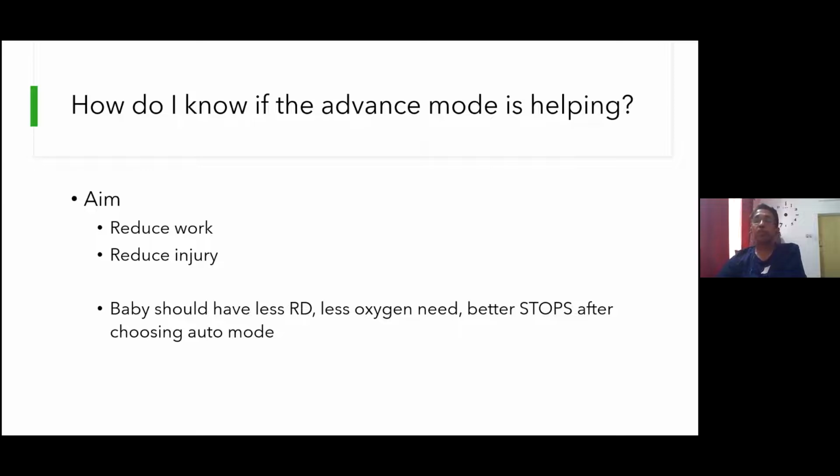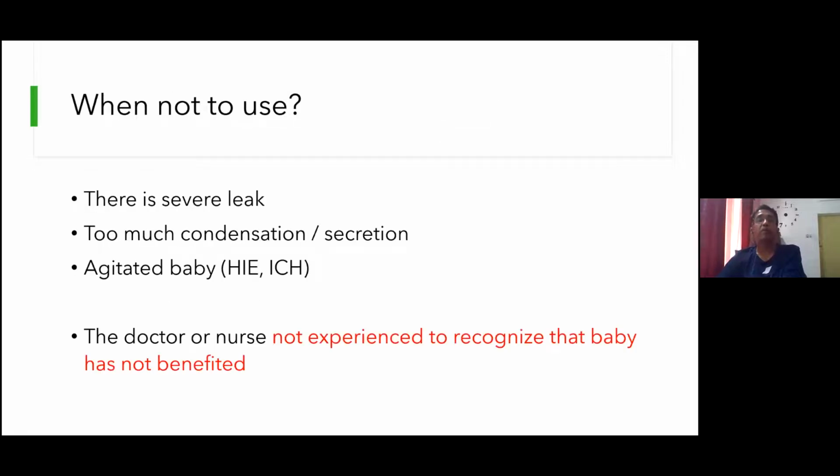But now I'm not switching it on because my worry is that after I go away to the OPD, this young postgraduate may not realize that because of auto cycling or because of leak from the ventilator, the machine is asking for more and more and he keeps dialing more and more. He doesn't realize that it is the faulty measurement that is causing more to be required. So if a ventilator is asking for more after you have switched on, then rather than judging that the baby needs more and increasing the support, you need to possibly go back to basic ventilation and say, look, there is something faulty in the measurement and I am not benefiting, I'm only harming the baby by going to advanced mode.